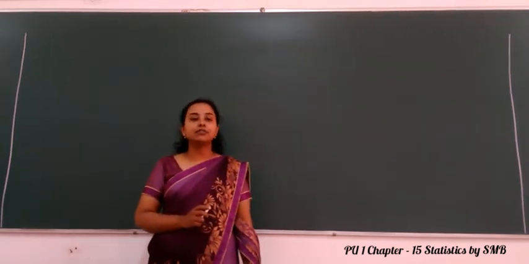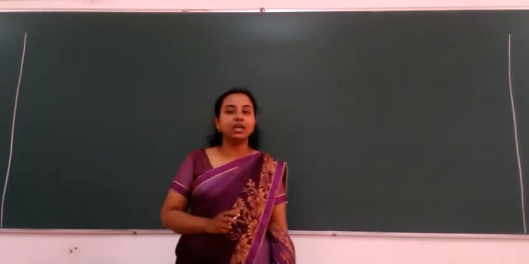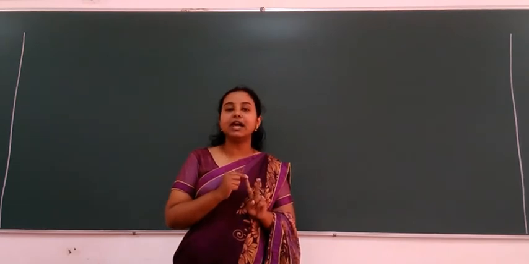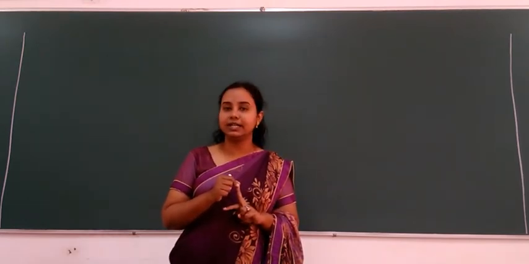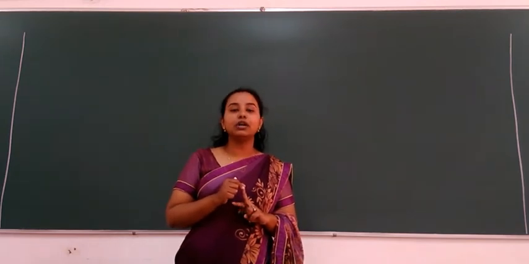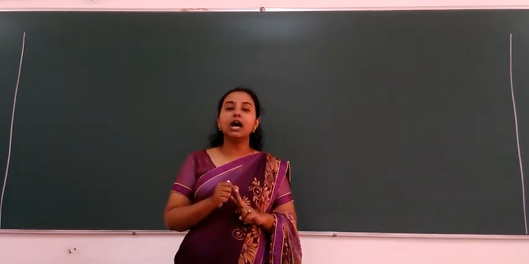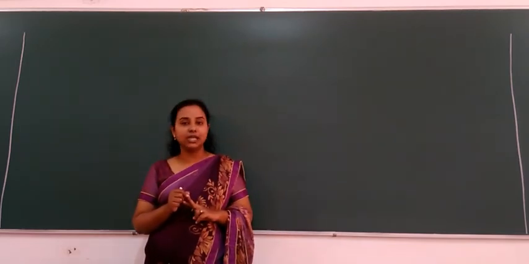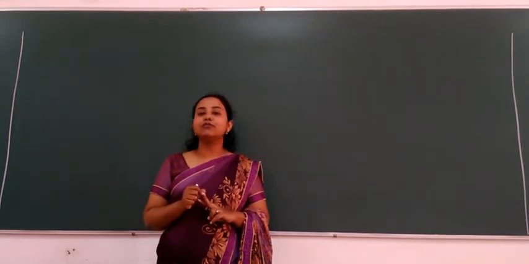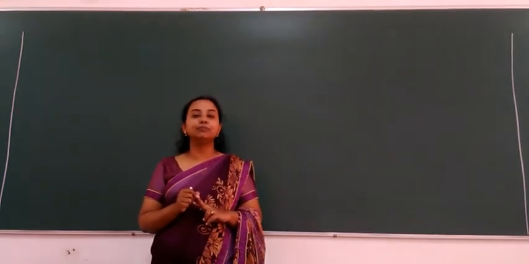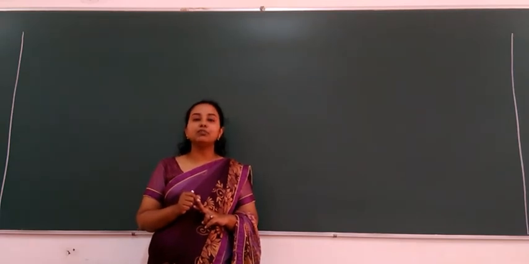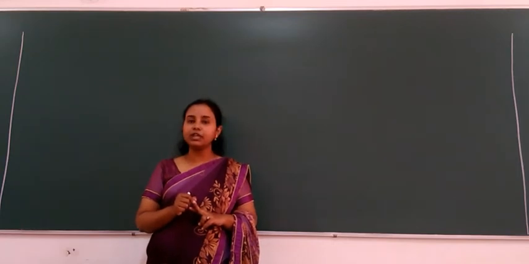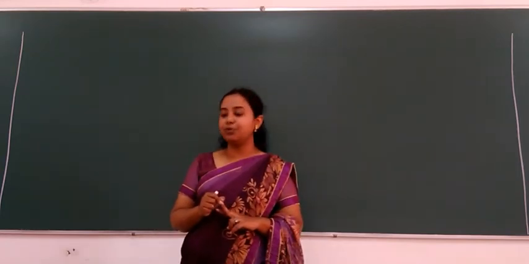We already know how to calculate standard deviation and variance for ungrouped data and grouped data, and in grouped data, for both discrete and continuous data. We have even learned the alternate method, or shortcut method, to solve standard deviation and variance. So we will apply all those concepts to solve exercise 15.2. Your exercise 15.2 is completely based on standard deviation and variance. So let us begin exercise 15.2.